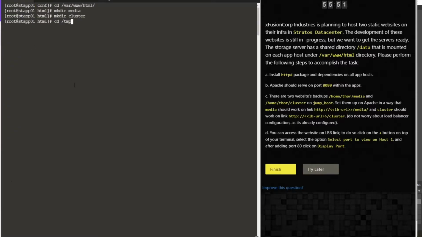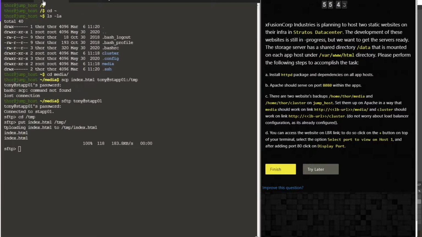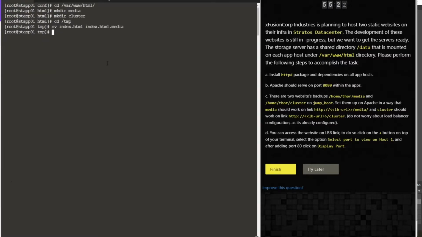So let's move on to temp and first rename the file so that it doesn't conflict with the index.html in the cluster directory. I'll just rename it as .media so that it's easy to remember and recollect. And then we are going to put the other index file which is present in the cluster. Once this is done,